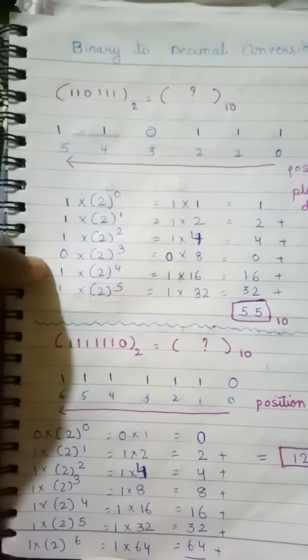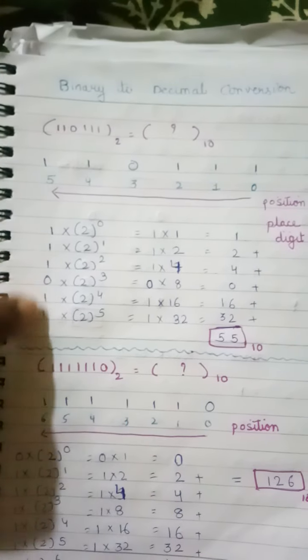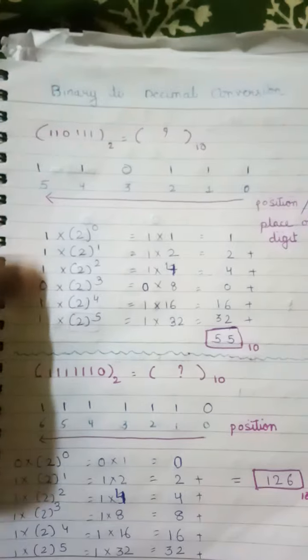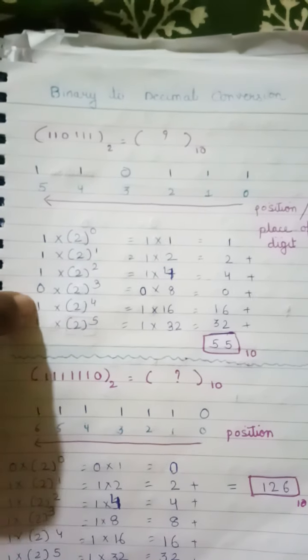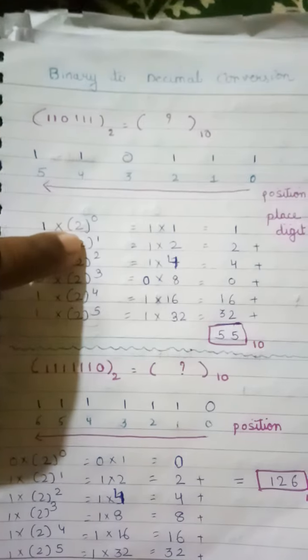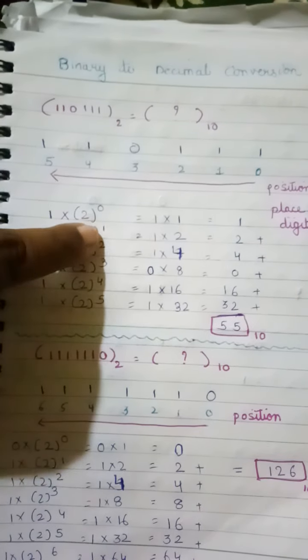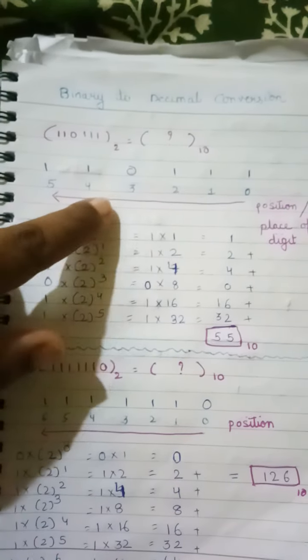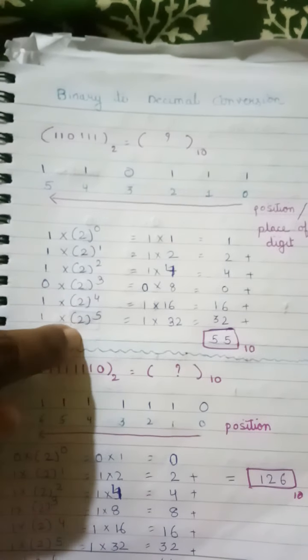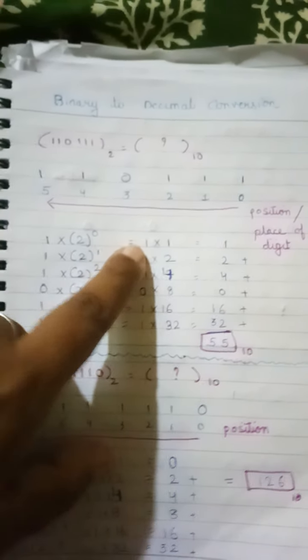Here I am writing down my number in the same positions, from the back, in a reverse way: 11011. Then, as I told you, we are using multiplication, so it is multiplied by 2 raised to the position: 2 at the position of 0, 2 at the position of 1, 2 at the position of 2, 2 at the position of 3, 2 at the position of 4, 2 at the position of 5. Then I am simplifying it.